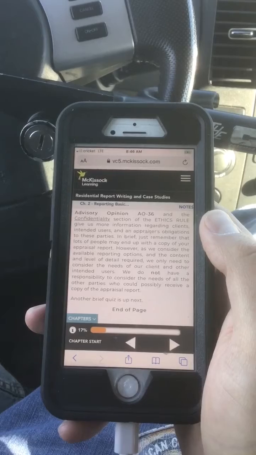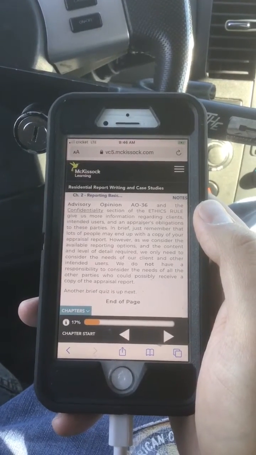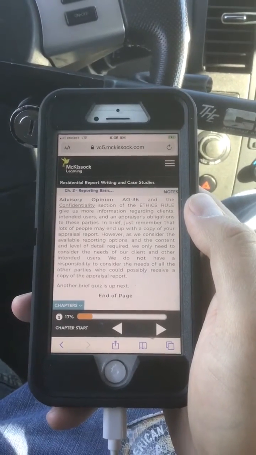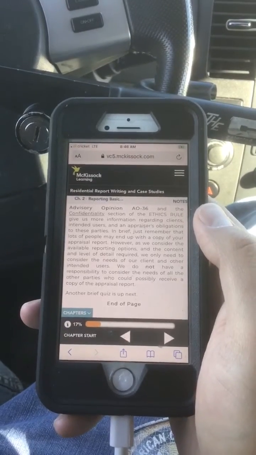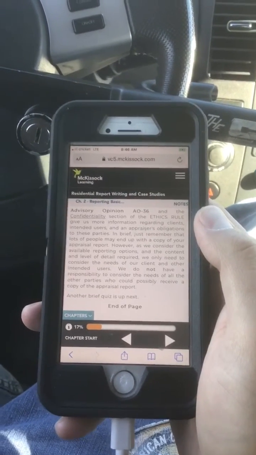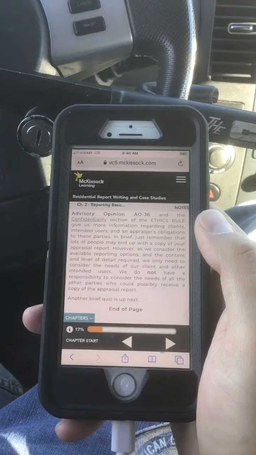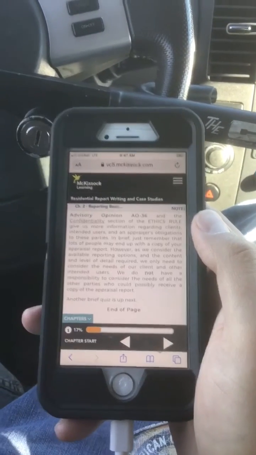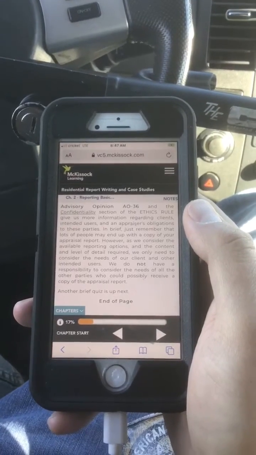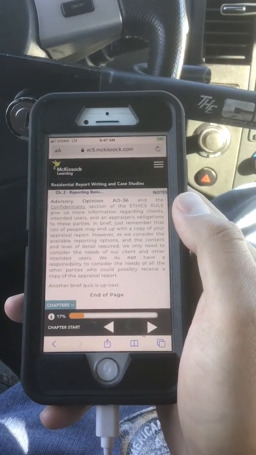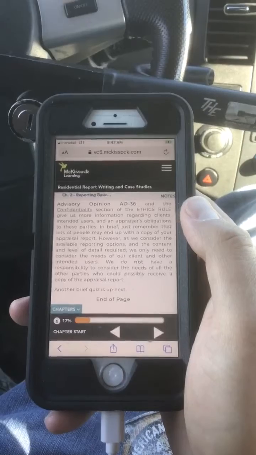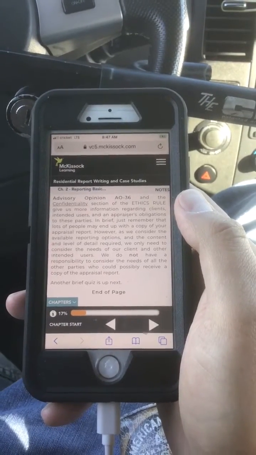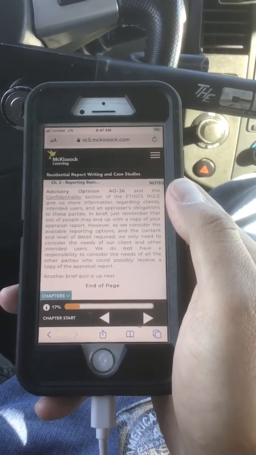However, as we consider the available reporting options and the content and level of detail required, we only need to consider the needs of our client and other intended users. We do not have a responsibility to consider the needs of all the other parties who could possibly receive a copy of the appraisal report.